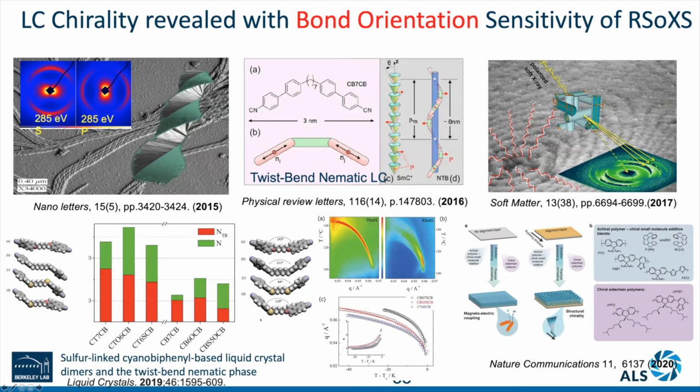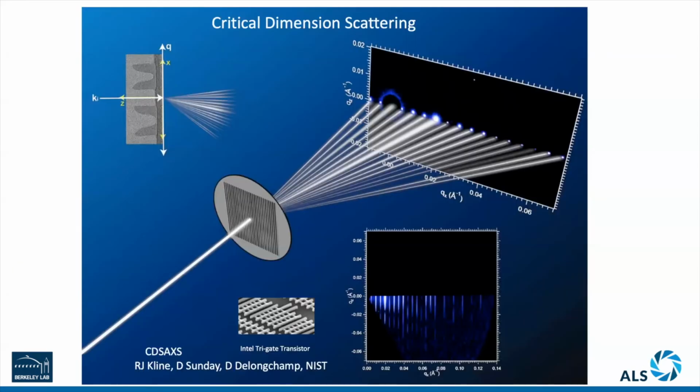As you can tell, I'm not an expert in this area. If you want to learn more, please talk to Cheng regarding the liquid crystal work and really utilizing bond orientation sensitivity. Down the road, with a future coherent upgrade of the ALS, we will have the opportunity to see the fluctuation of the bond orientation. That is a very exciting future to look forward to. Another